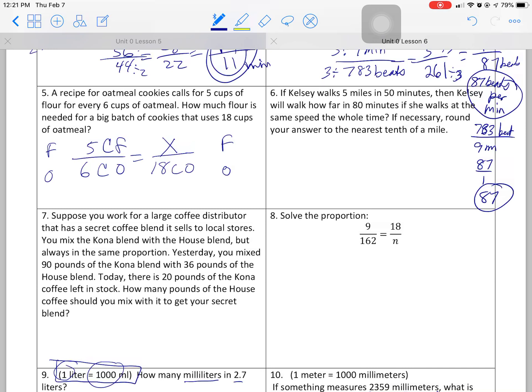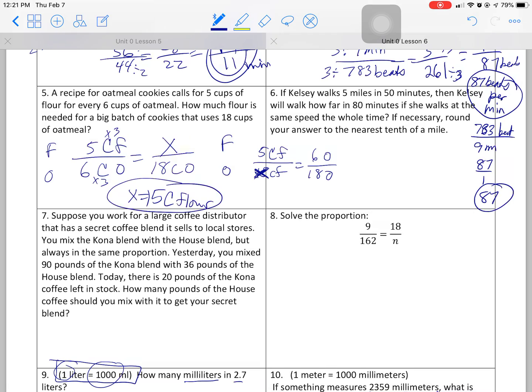Right about now, somebody's thinking, can't I just put 5 cups of flour over 8, I don't know, cups of flour equals 6 cups of oatmeal over 18 cups of oatmeal. So let's try it both ways to double check that, okay? So this way, let's see, 6 times 3 is 18, so 5 times 3 is 15, so X would be 15 cups of